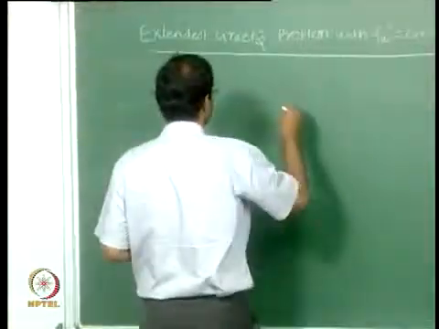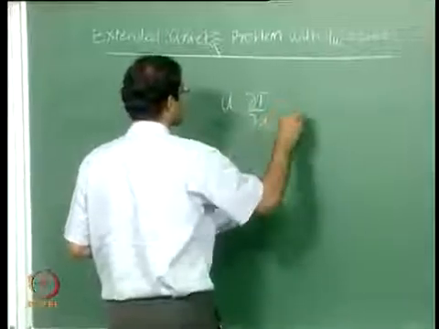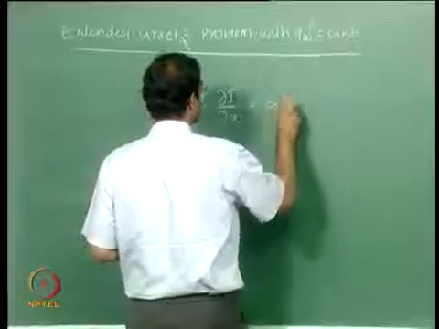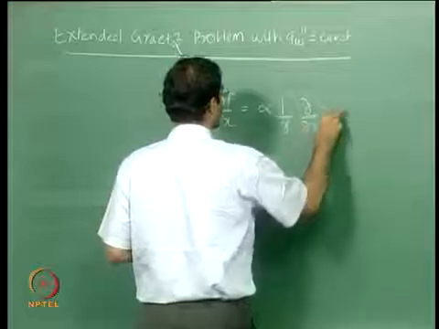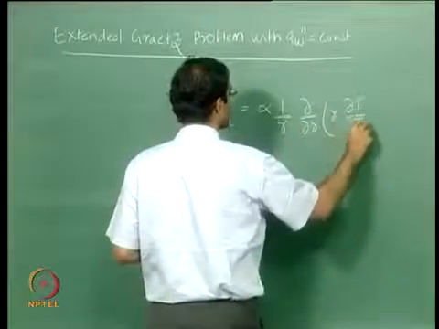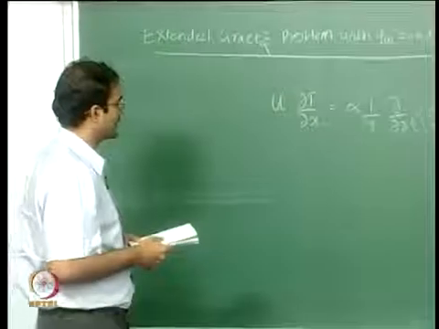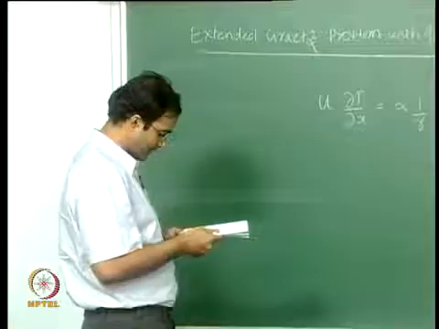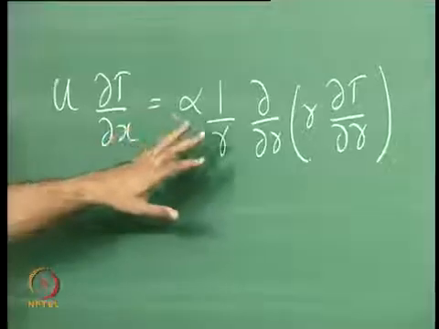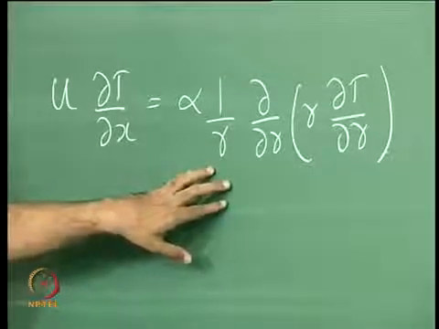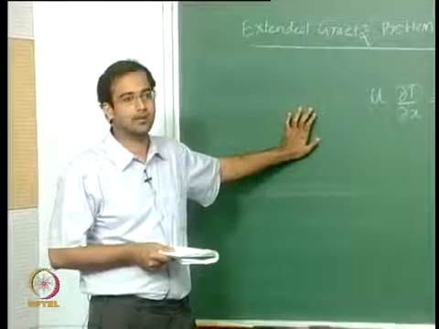start with your energy equation: u dT/dx is equal to alpha into 1 by r d/dr of r dT/dr. Okay, so this is your basic energy equation. What we will do here is not try to non-dimensionalize the temperature, because we have a constant wall flux condition, and therefore any attempt to define a non-dimensional temperature will be futile, because if